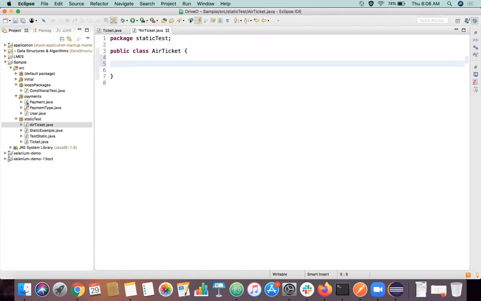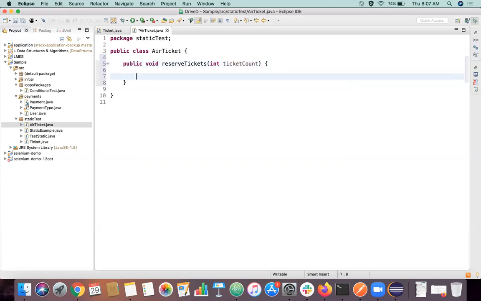Let's put one method here. Let's say public void reserveTickets. We'll just give an integer ticketCount. I'm just going to leave this method empty now.